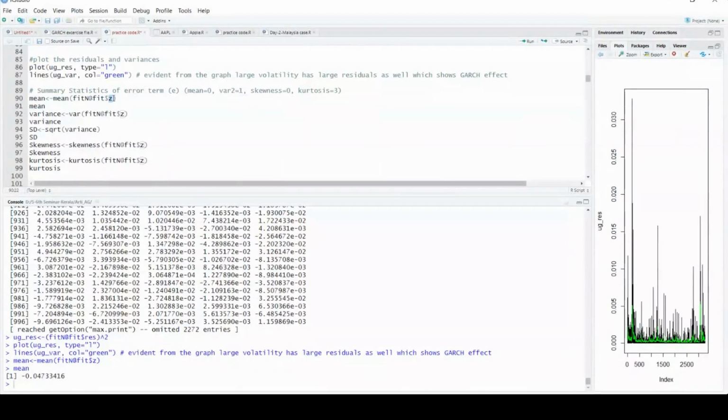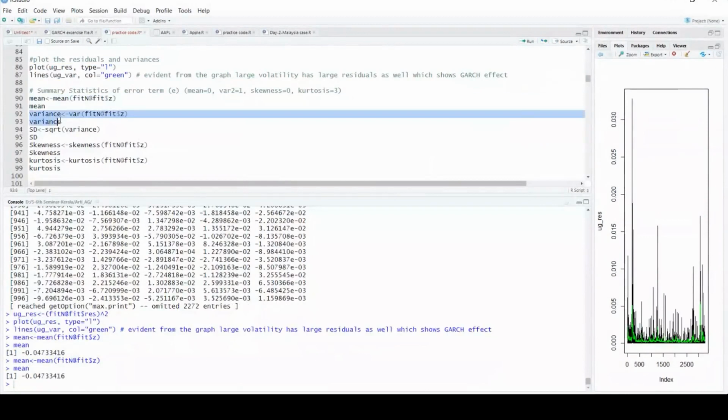This error term is the same as what we had in our equation, epsilon t minus 1. If you remember the epsilon t minus 1, this is the same. This error term is the same, but in the software it is denoted by z. Don't get confused. You can write it down somewhere. So I wanted to see the mean. I wanted to see the variance.